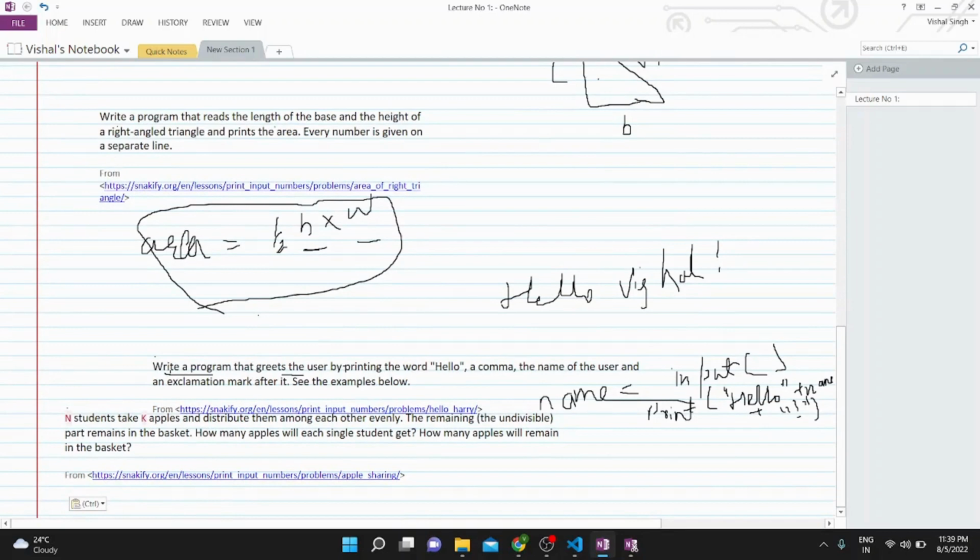So this problem statement says we have n students and k apples, and we have to distribute each apple among all the students. But there is a condition here: we have to distribute all the apples evenly, and the remaining indivisible part remains in the basket. So we don't know how many apples we have, so we would take two